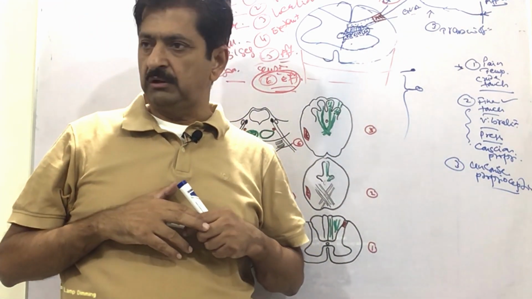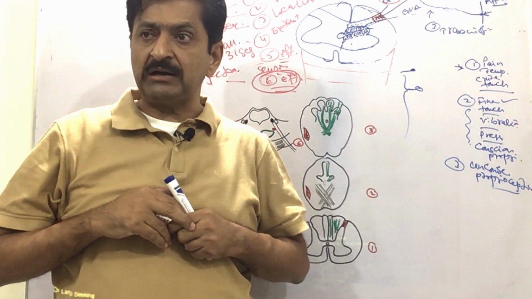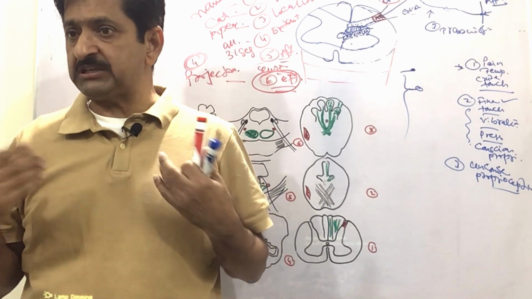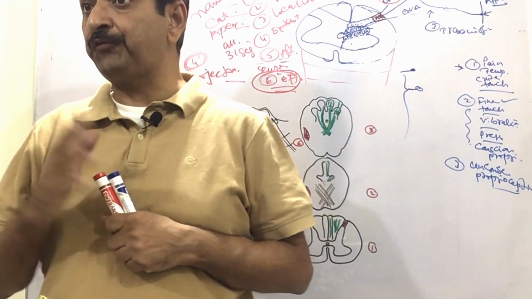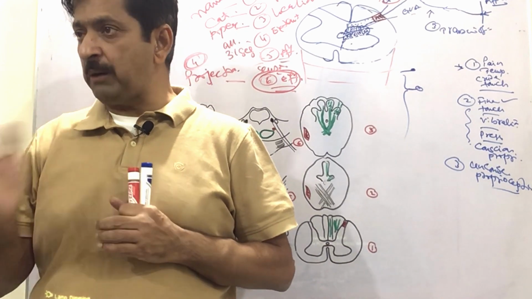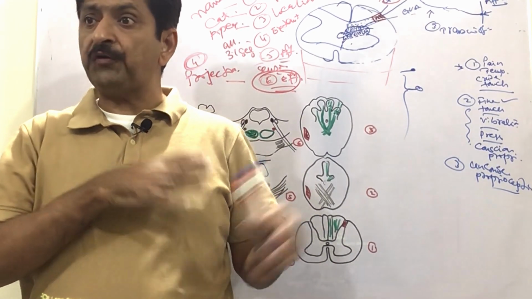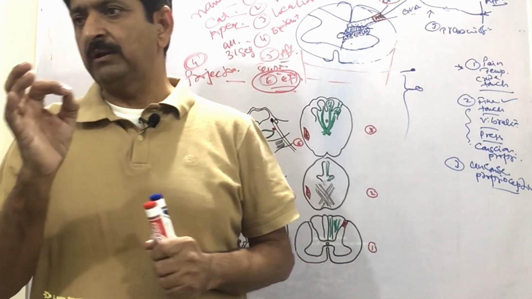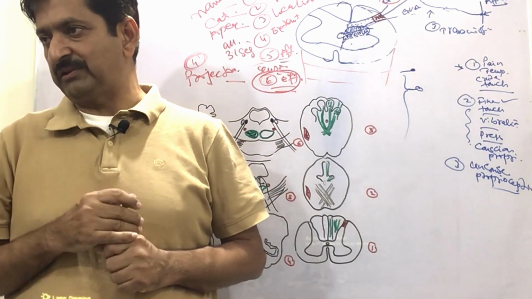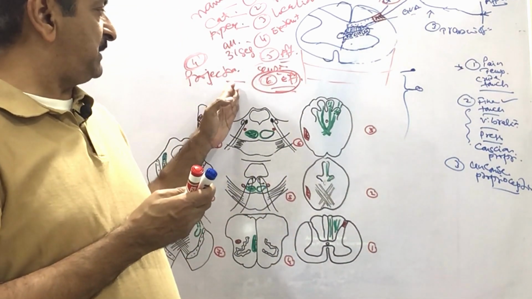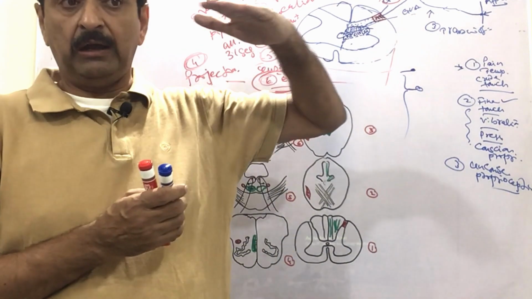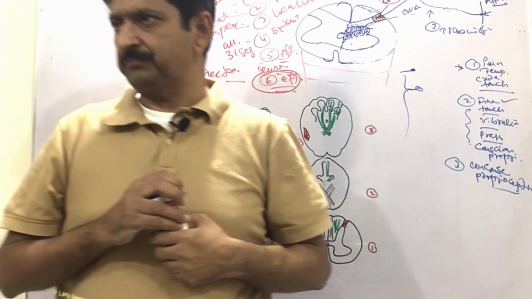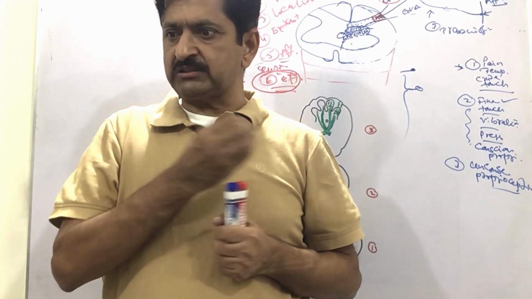But after the projection, is our goal achieved or not yet? What will be the fifth and last thing here? Perception. We should feel that also, in the form of pain, crude touch, or warmth and cold. And this will be the final goal. But the thalamus means it is projected at least up to the thalamus, and even the thalamus can give you the perception, so the goal has been achieved. This fifth and last thing has been achieved here.